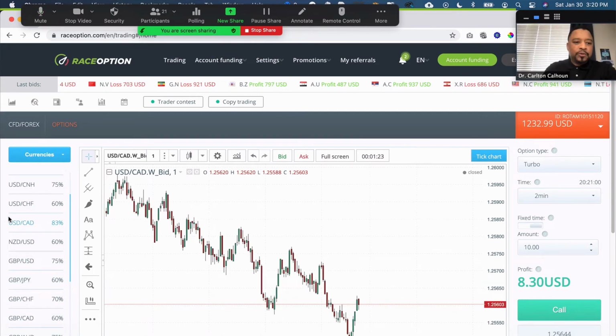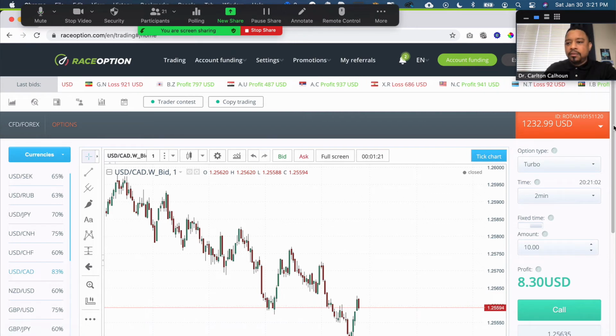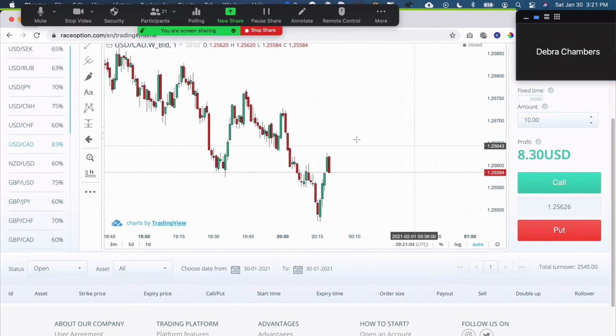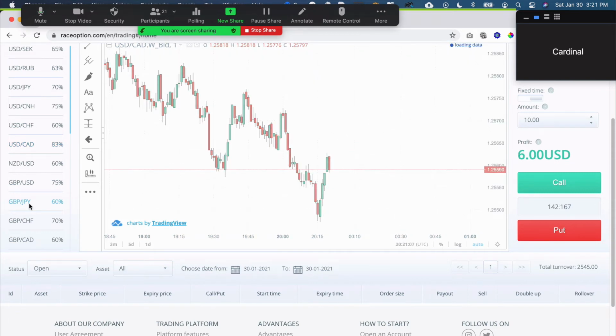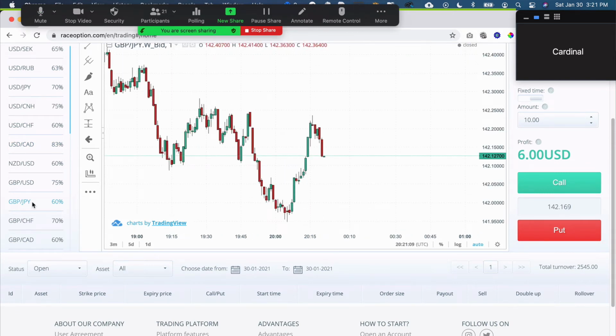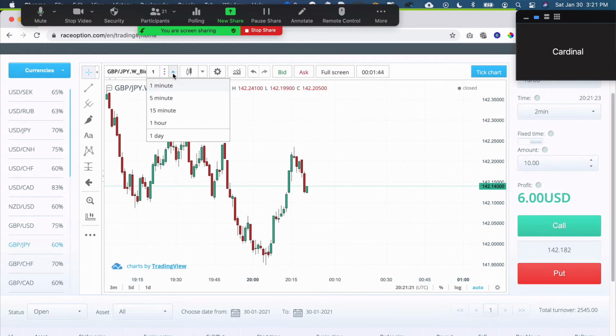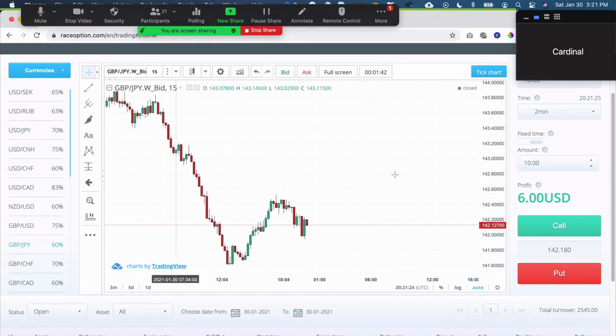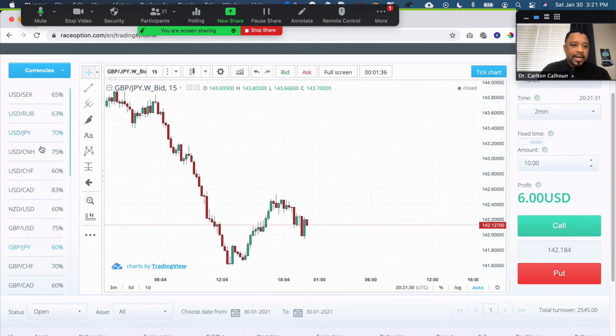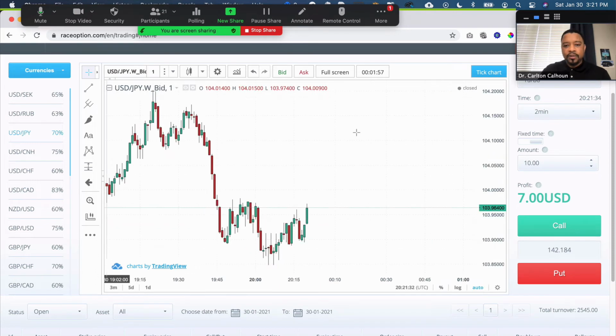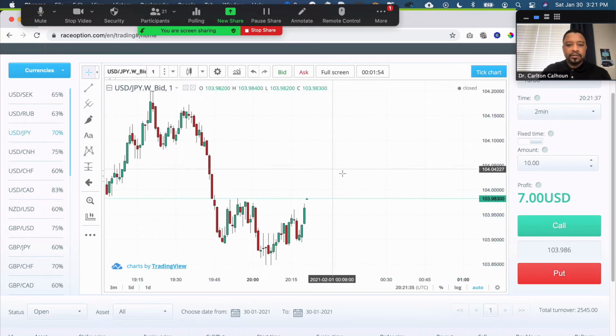I know Leo trades USD SEC quite a bit. GBP JPY is paying out 80%. Mine is paying out 60. Oh. Let's see. $15 consolidation. Ideally, I find stuff that's moving in a particular direction. Like this one, if it breaks above